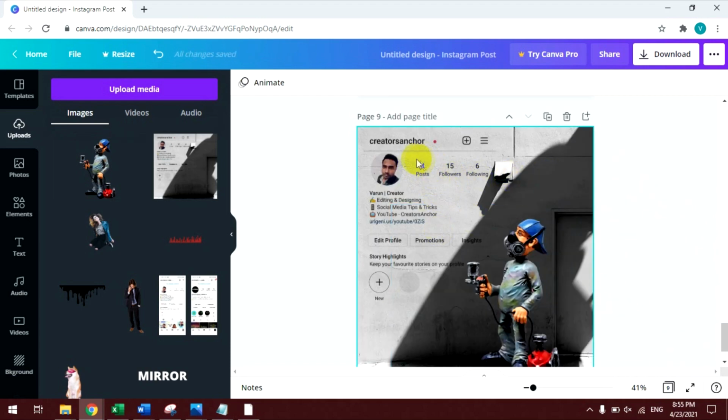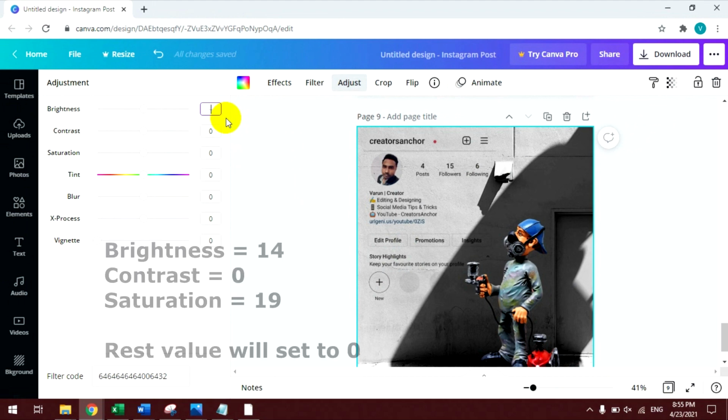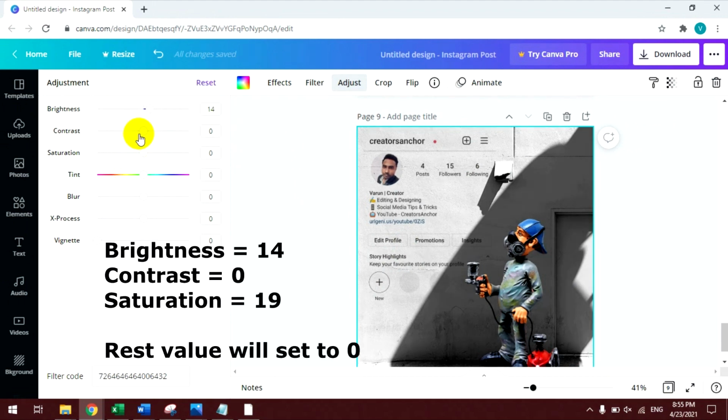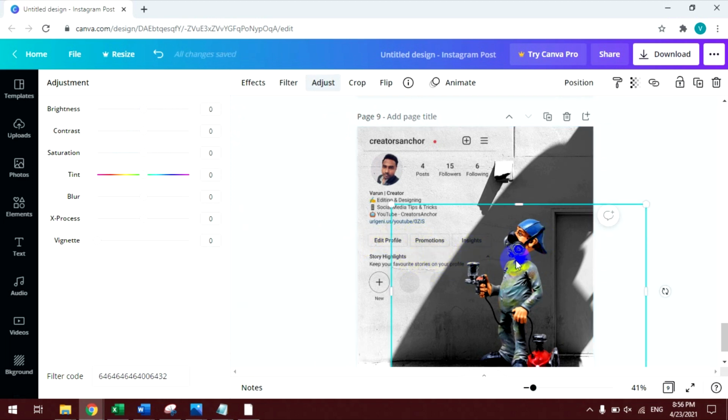Make the Instagram profile image a little bit brighter. Just click on the image and click on adjust. Increase brightness to 14. I will also increase the saturation a little bit here like this. Now create a shadow of this painter.